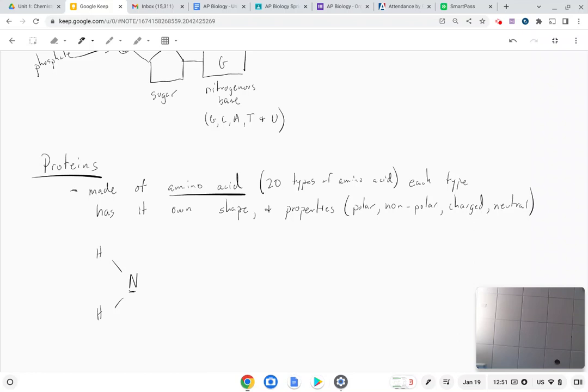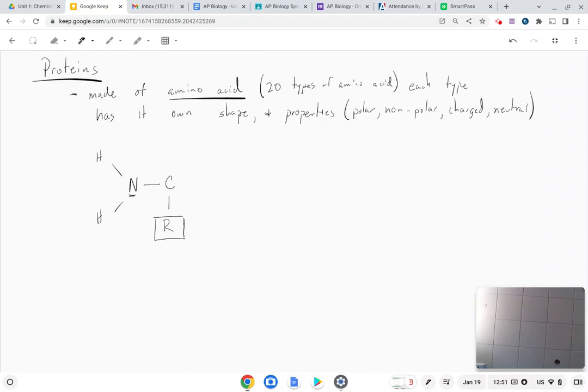So there's nitrogen, and the nitrogen connects to this middle carbon atom, and then the carbon atom connects to something called an R group. Okay, now R is not a real thing. This is the variable portion of the amino acid. So what I mean by that is that when you look at the amino acids,